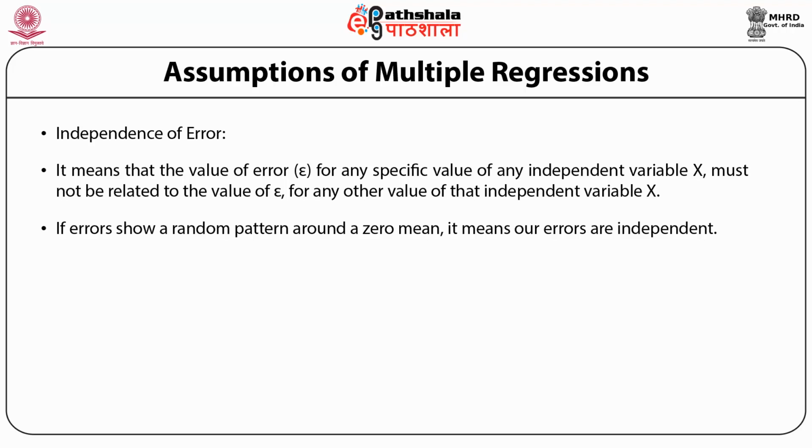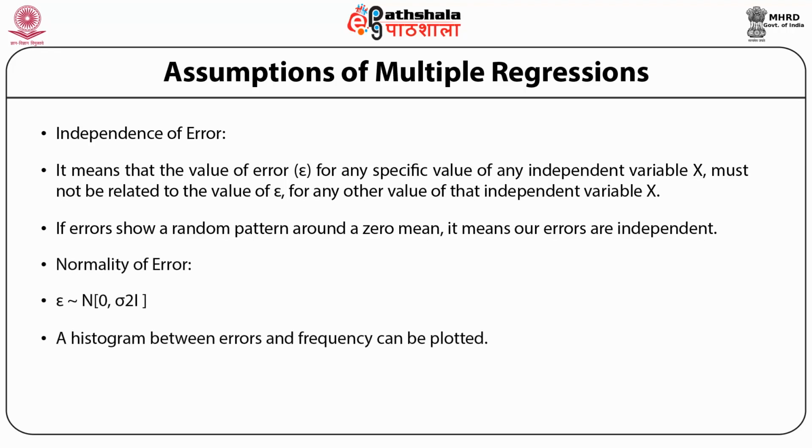It is also done with the help of the Durbin-Watson statistics. The next assumption is the normality of error. It says that our errors must be normally distributed. So it's very easy to see the normal distribution of our error with the help of the histogram. In a histogram, we can take the error on the x-axis and frequency on the y-axis, and this histogram will show